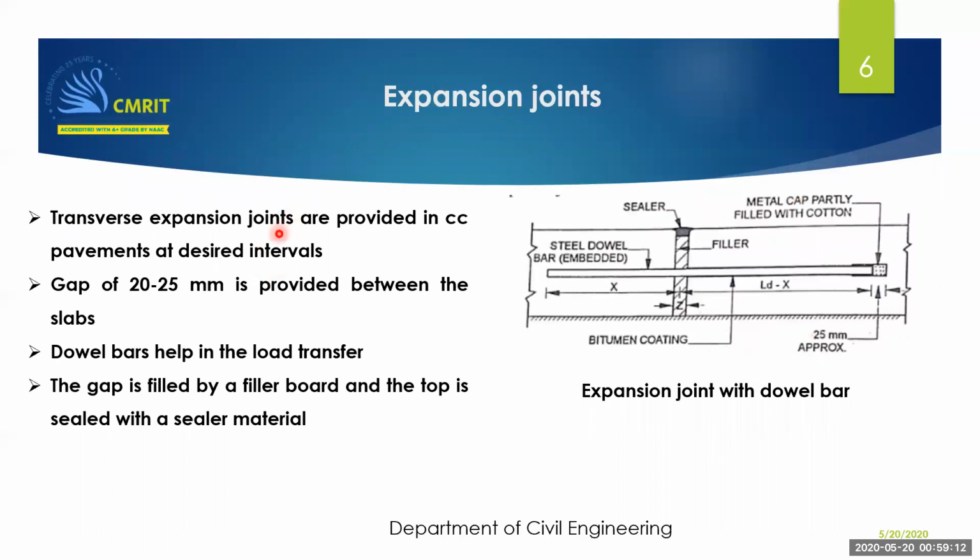Then coming to the expansion joint, generally for an expansion joint we normally have a gap between the two pavement slabs, and this gap is filled by a filler, and in between we'll be having our dowel bar. Normally half of the dowel bar will be embedded in one slab. I'm not reading whatever is written here, I'm just explaining, so you can listen to that. So we'll be having this dowel bar. Half of it is embedded within the concrete slab, whereas half of it we will cover with a plastic sheet.